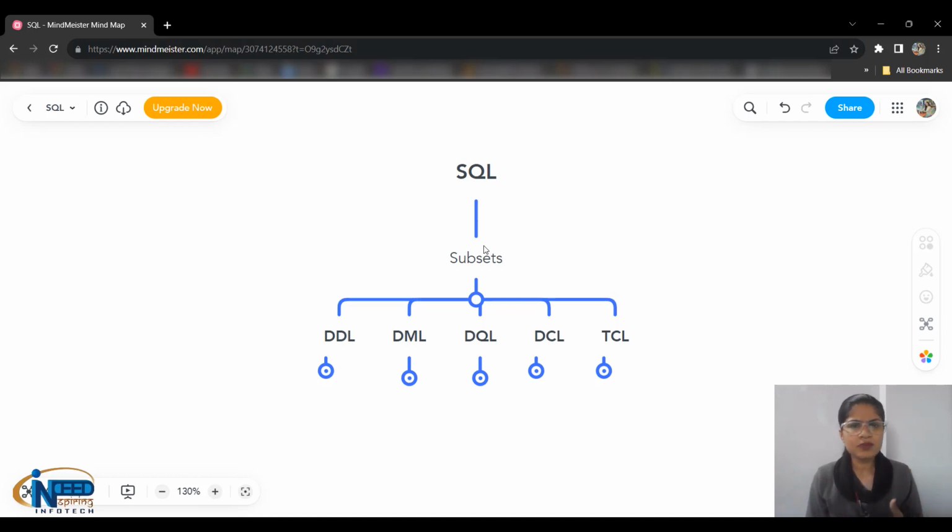So what are these subsets? These are DDL. That means it is a language which uses certain more languages or sub points in the language. That is DDL, DML, DQL, DCL, and TCL. So DDL is nothing but data definition language. So where the data is being defined, where the particular structure is being defined, is called DDL, data definition